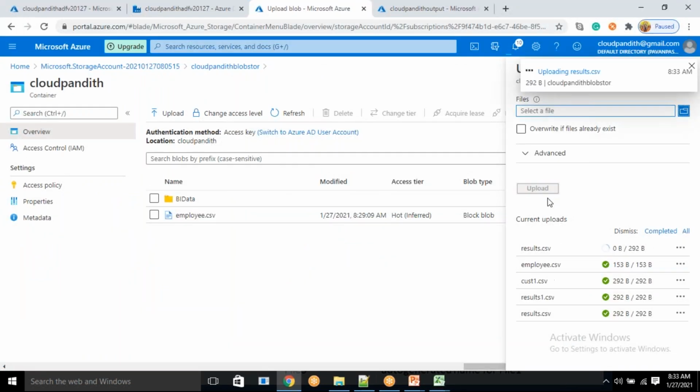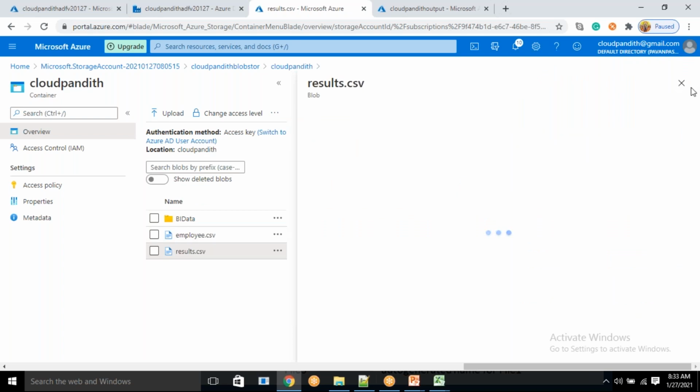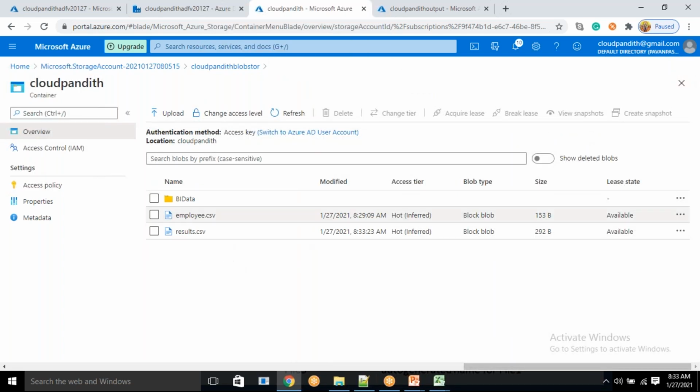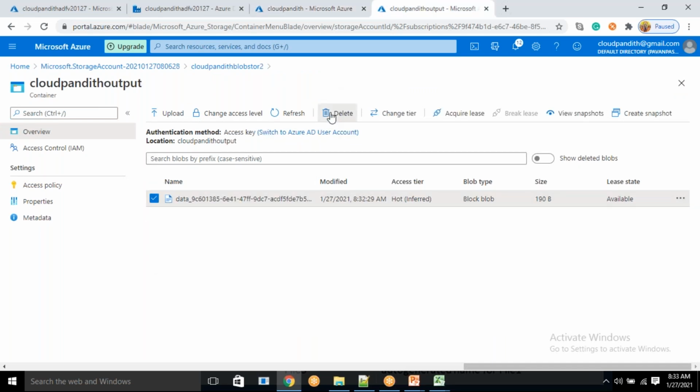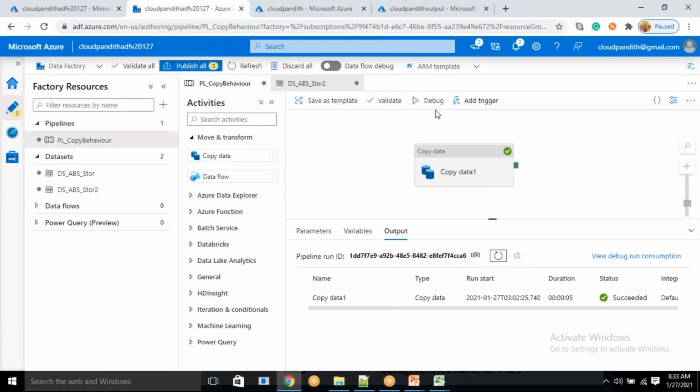Maybe it is going to consider the old file, or what schema it is considering, results.csv, let it be. Okay. But the results.csv file which was uploaded recently, this is the old schema. Employee.csv is the old schema. You understood what I have done? So whatever we thought, that was not working. So it's not deciding the schema based on the number of records. So it is considering the schema in a different way. I'm just trying to see in what way it is considering the schema. Let's debug one second to understand that.